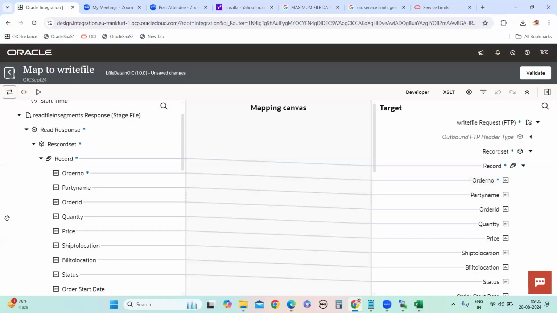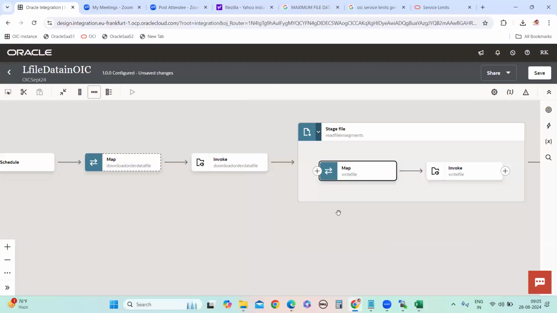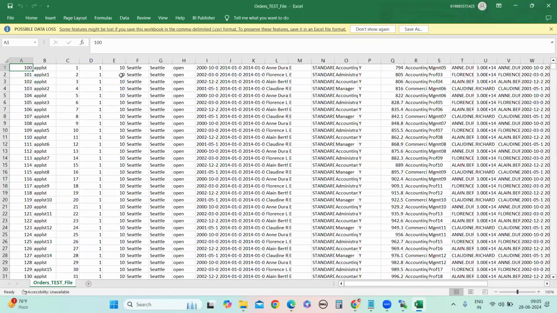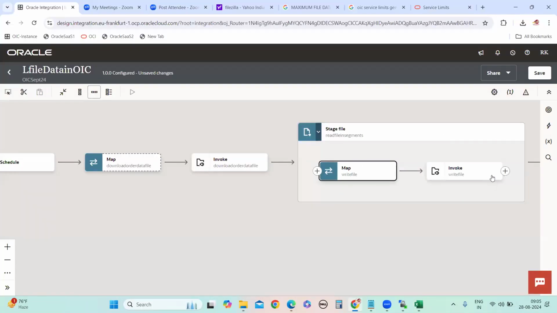Now what we need to do here, before we do the read file segments, is create one more write directory here. You can use it inside also, but outside we can do it. Why? Because the column headers should come only once. If you put it inside, it will repeat each and every time. So outside of the read file segments, you can create the same directory.